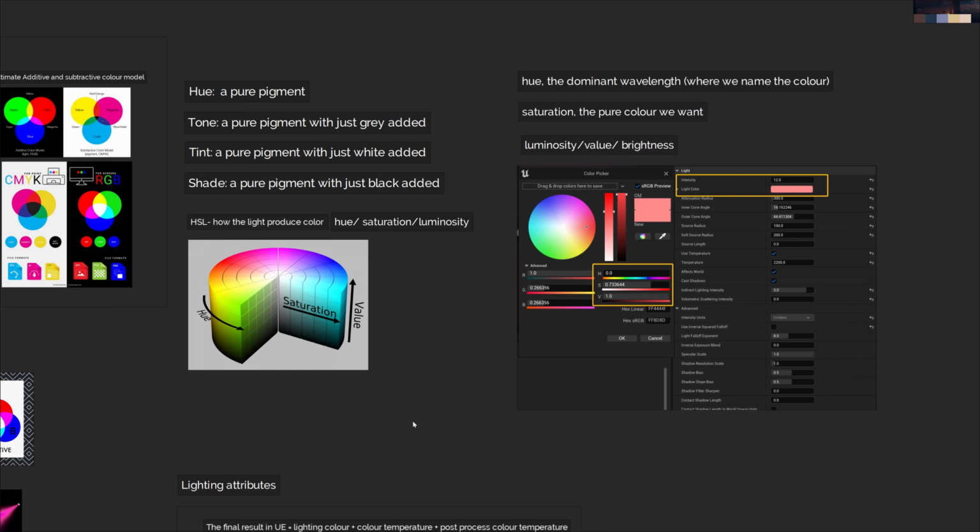And back to Unreal, this theory, again, how are we going to transfer this abstract understanding into Unreal? So more or less, again, I wrote this as my extra notes. I literally use those notes at work, guys, because it keeps everything clear and simple and makes my life easier. So yeah, saturation is basically the pure color we want, luminance, value, and brightness,